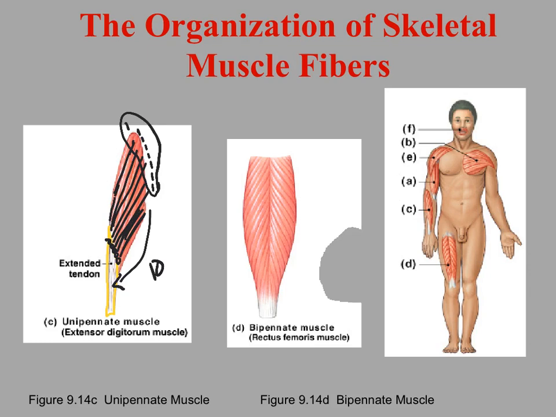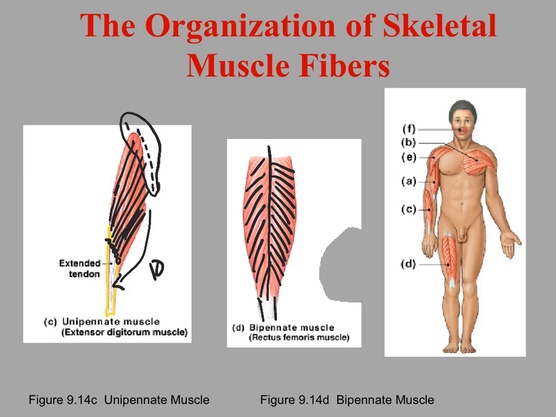That unipennate muscle fiber arrangement allows for smaller muscles to create a whole lot of tension, even though the muscles are small themselves. The same is true for the next muscle fiber arrangement, bipennate. This just means two feathers. So you would have a centralized point of attachment here, and then you'd have another tendon. Each one of these bundles of muscle fibers all converge independently and attach independently. So this makes a really strong muscle. You don't necessarily get a huge range of motion or diversity of motion, but you get